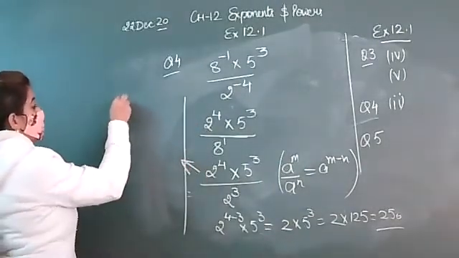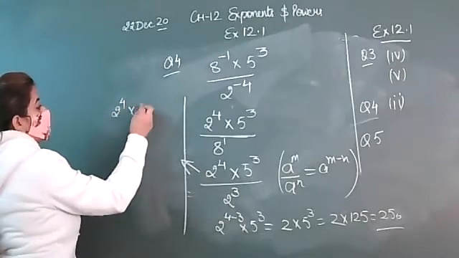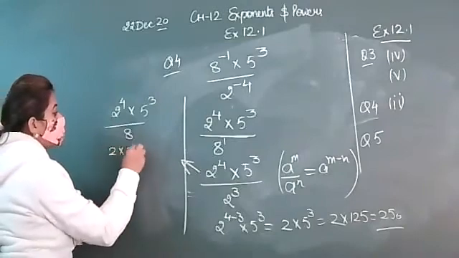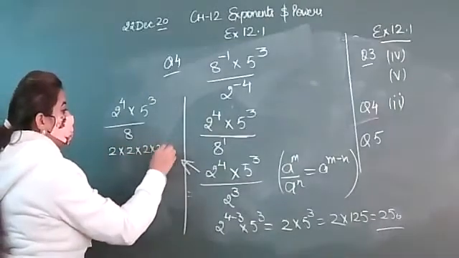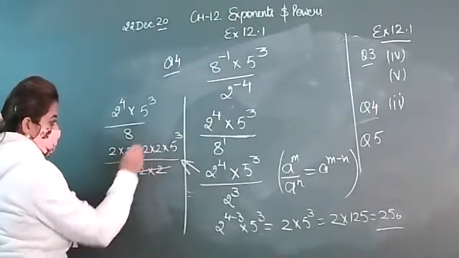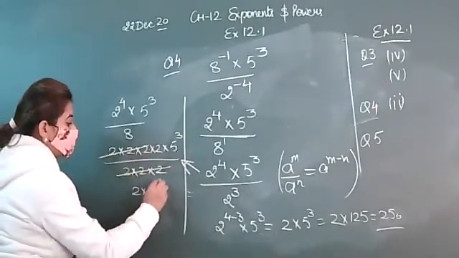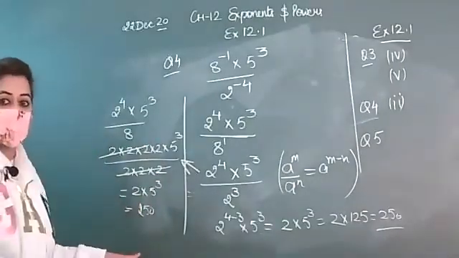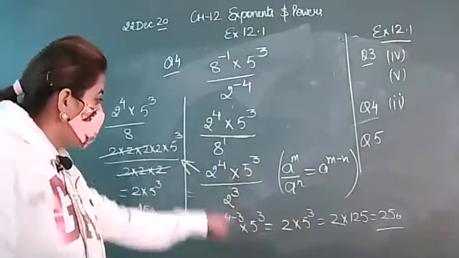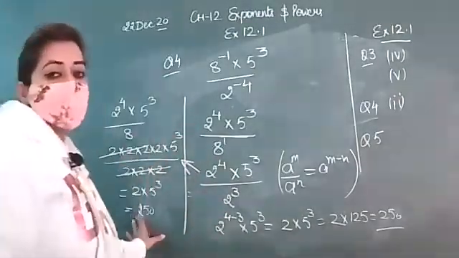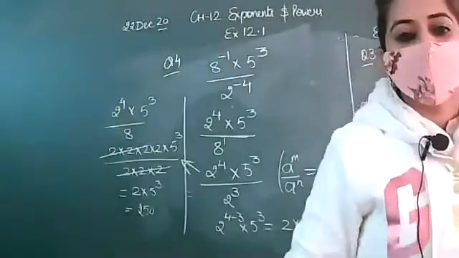And the another way I am discussing after this is, if you want to solve this, 2 cube is 2 raised to power 4 into 5 raised to power 3 upon 8. Then you can simply open up the terms and you can cancel it out. So whatsoever is pending, you will multiply this and you will write the answer. So both are the ways, beta. In this, I have used the law of exponent, but in this, I have simply opened up the term and cancel it out, and the remaining term will be your answer.